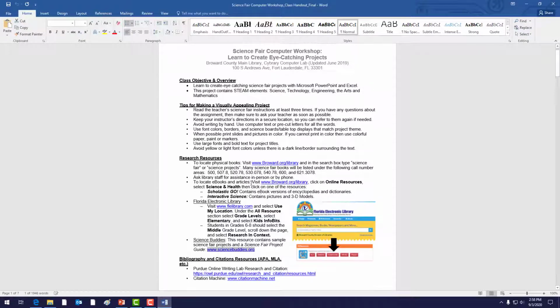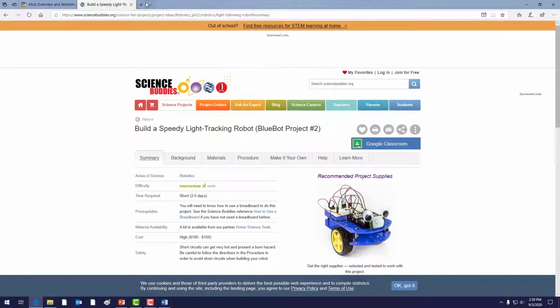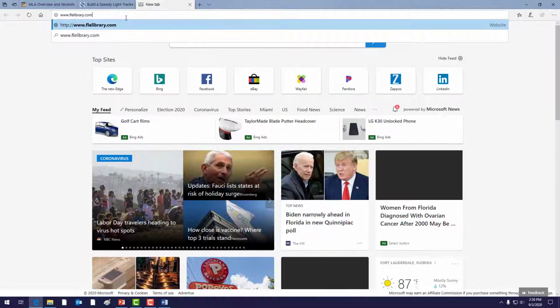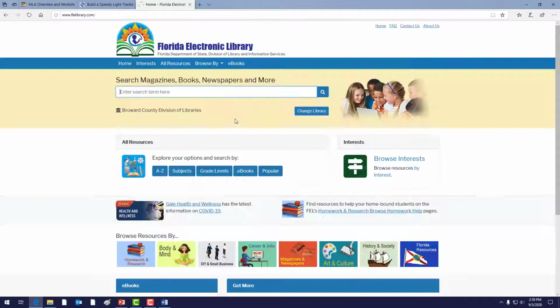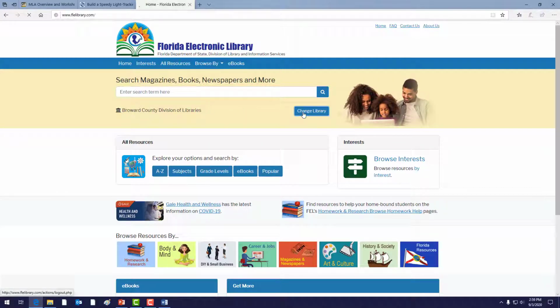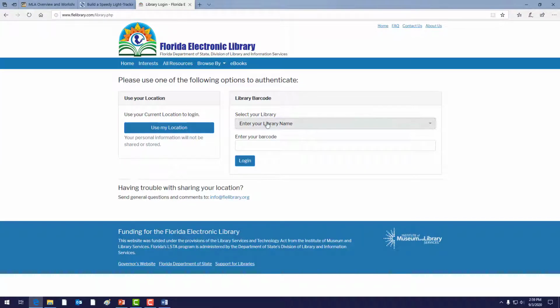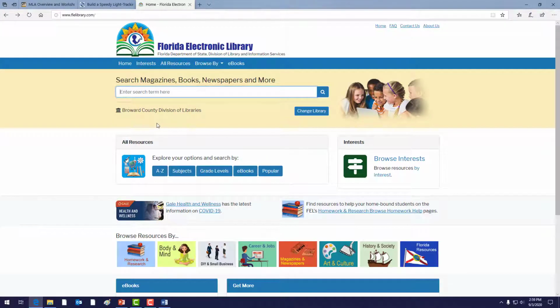The other resource, of course, is the Florida Electronic Library. So if you're a resident in the state of Florida, it should automatically detect that you're in the state of Florida, but if it doesn't, you'll see here it automatically has Broward County Library Division. But, you know, you can always go here and change your library and enter your information there. And then you'll see they have subjects and grade levels. So if I go to subjects,